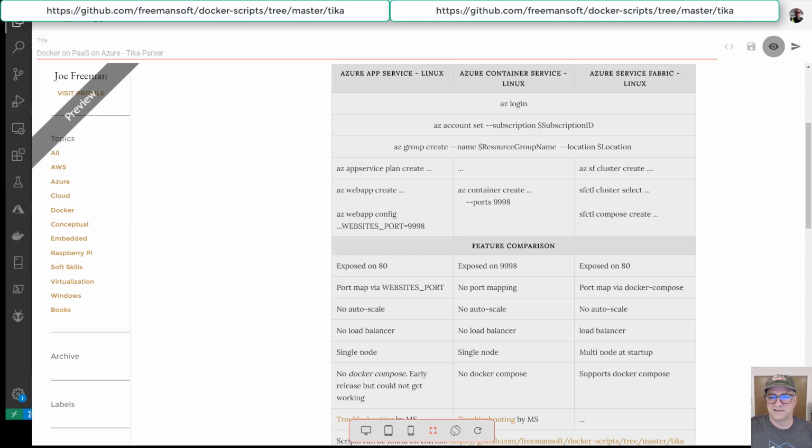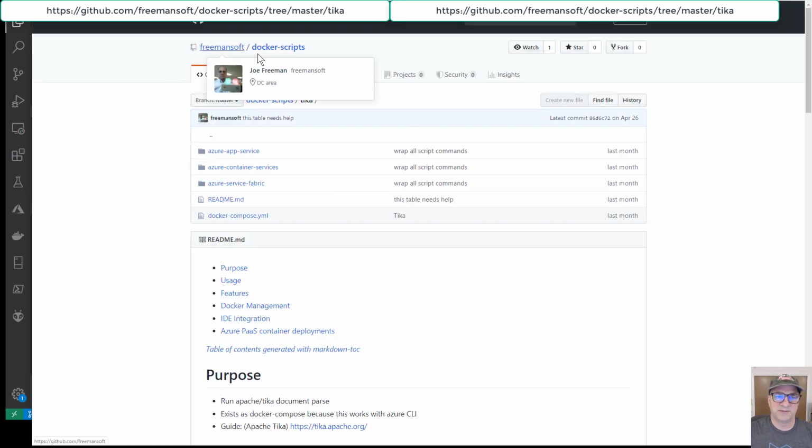All right, for this section of deploying Java in Azure with PaaS services, we're going to demonstrate. I'm going to try deploying the Tika parser in a Docker container provided by the Apache project in Azure App Services on Linux. And the scripts I'm going to use are basically in the FreemanSoft Docker scripts. If you look down in the Tika area of FreemanSoft Docker scripts, then you can find the scripts I'm going